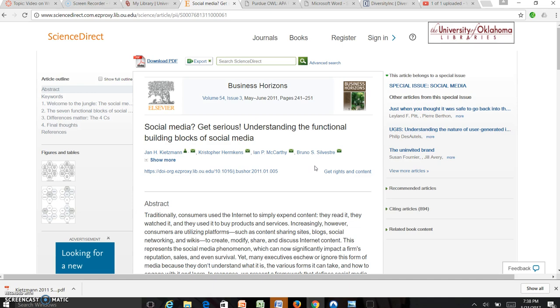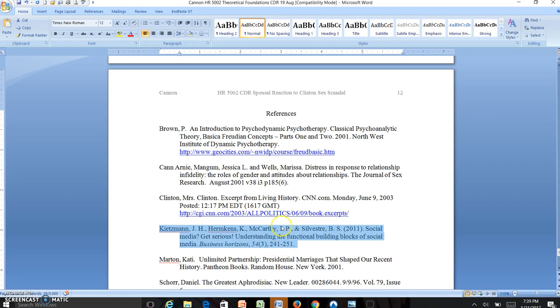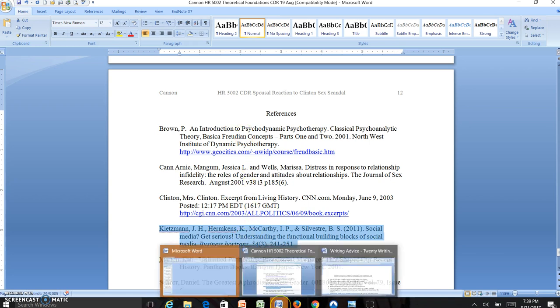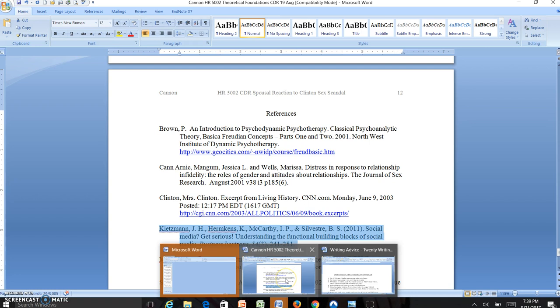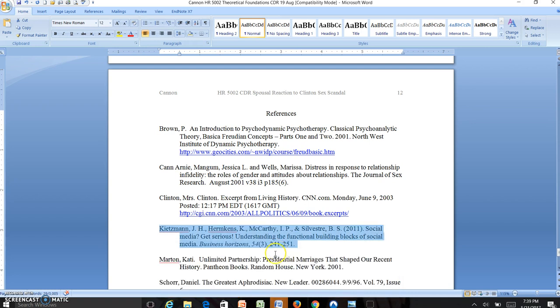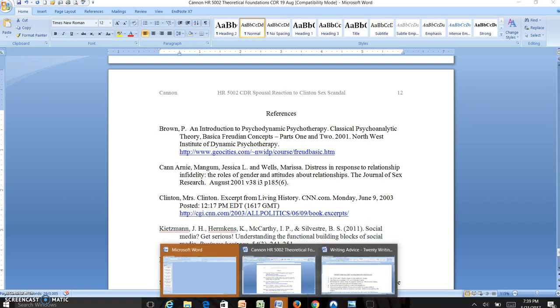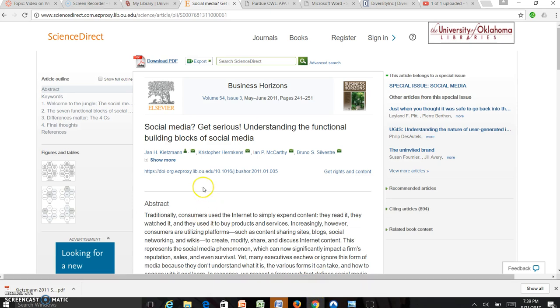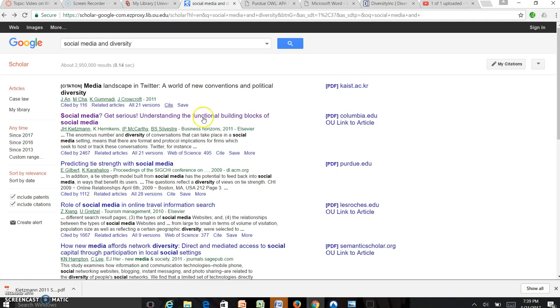And then when you're finished with your research, save all your articles into a folder, and then you can just reference this. Also, go ahead and prepare your references page. That way, it's already done. Okay, just some little tips that you can use to go ahead and focus most of your time on actually doing research. Okay, so I'm going to go back to the Scholar page, and if I want to look up other articles,